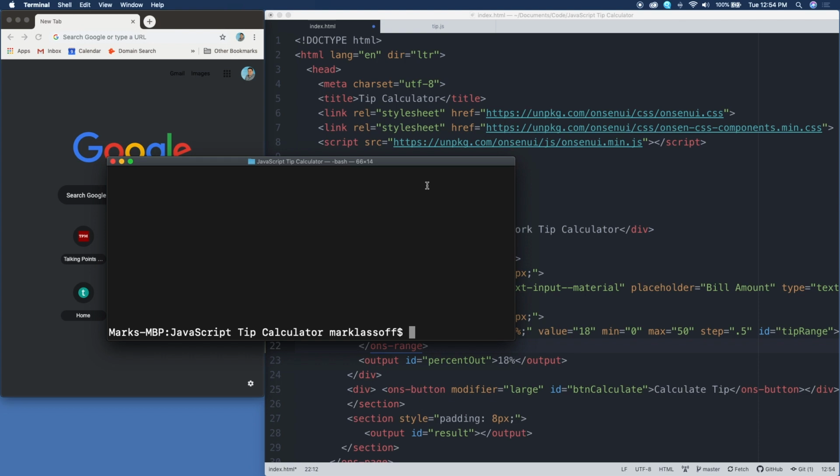Today, we've got a tip calculator. This is a fairly simple JavaScript project that's perfect for beginners who are just getting started with the language. Let's take a look. So in order to actually run the project, I'm going to run a simple server called